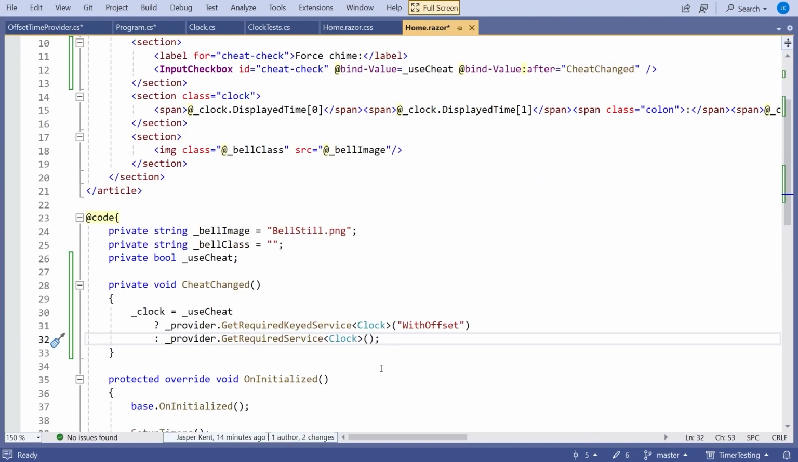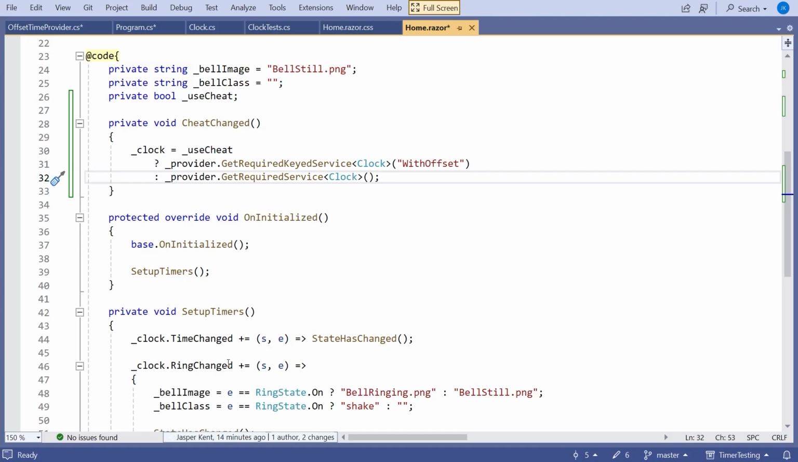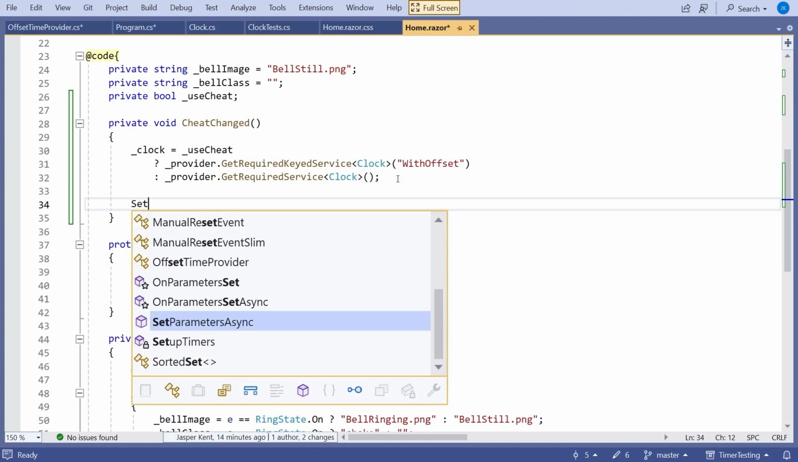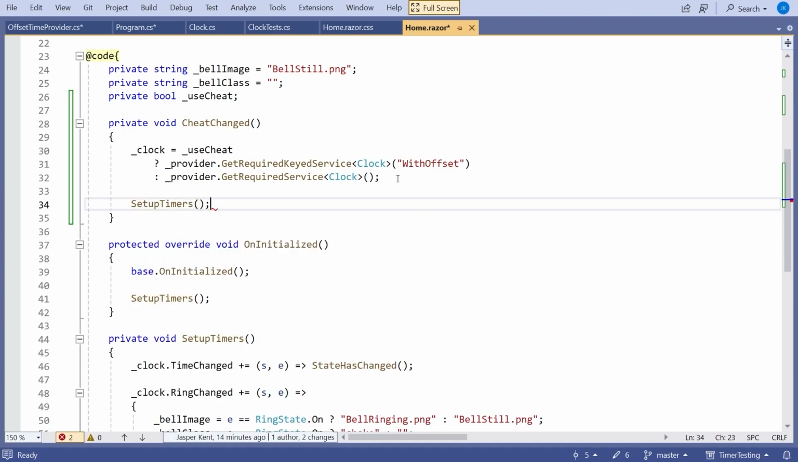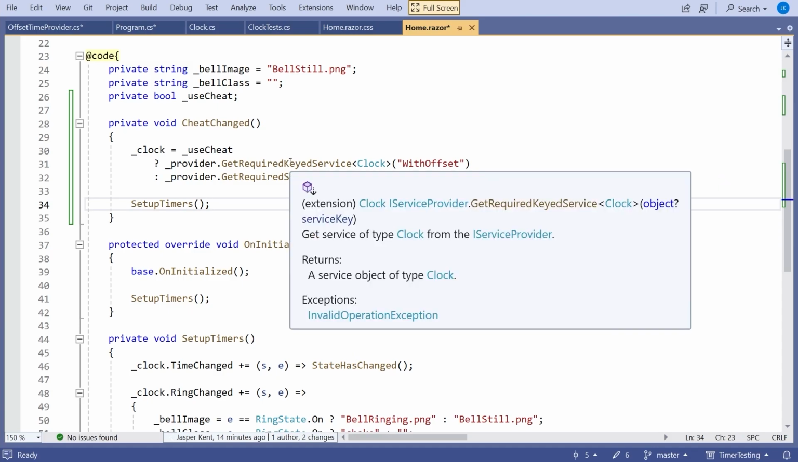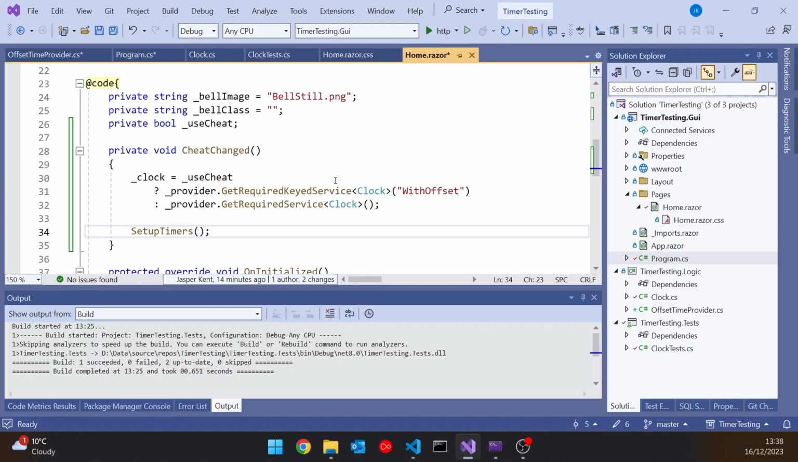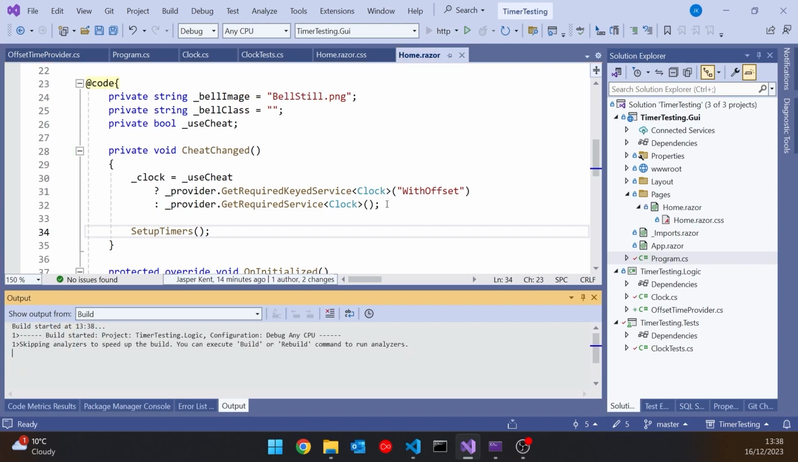And then finally, we're just going to call this SetupTimers again that was called in the initialization, but because we've changed the clock, we need to set them up again. And so we can do that easy enough. And so that means with the checkbox, when we check it, we'll create a new one of these offset timers. We'll do the countdown, we'll see if the chiming works, and then when we turn it off, we'll go back to regular behavior. And so that should all be working. So now if we run that up,